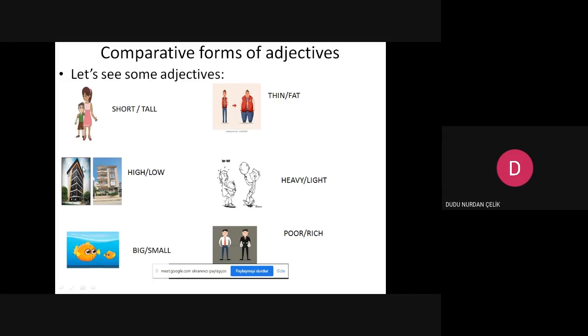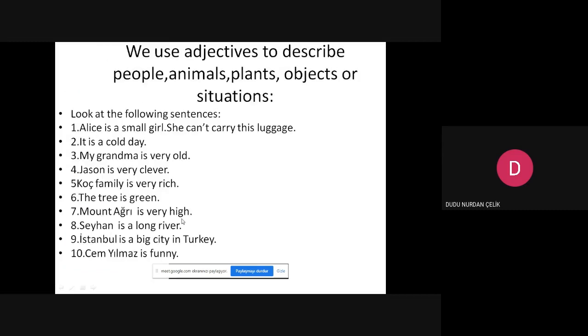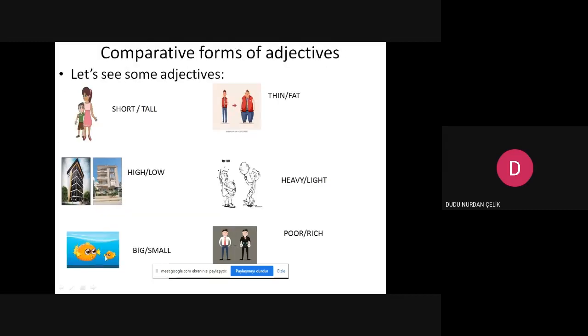High building, low building. Heavy, light. Heavy, light. Look at the fish. Big fish, small fish. And we have got two men here. He hasn't got money.